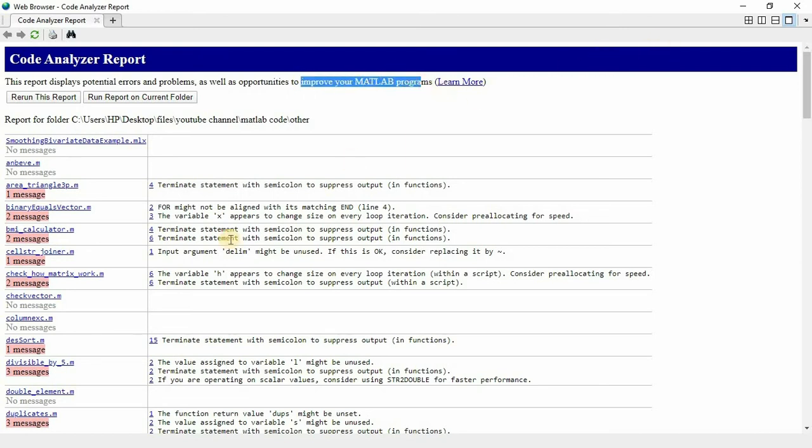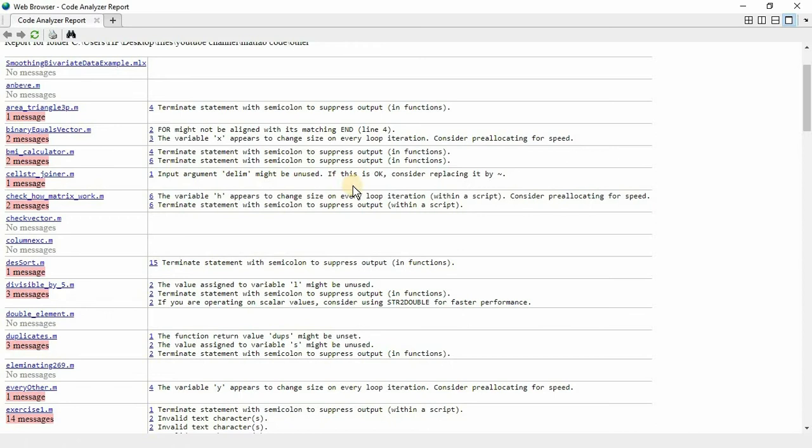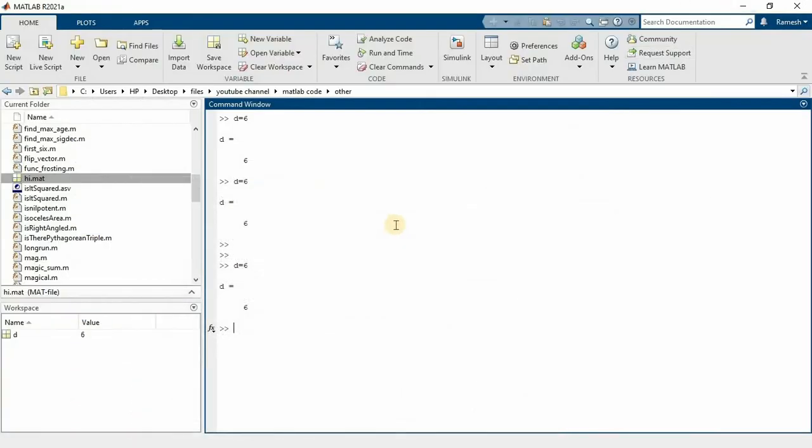Simple understanding: if there is any type of error, it will tell you. For example, input at delim might be unused. So you will think delim is not useful, so get into your file, edit and eliminate these sections. Easy to upgrade.